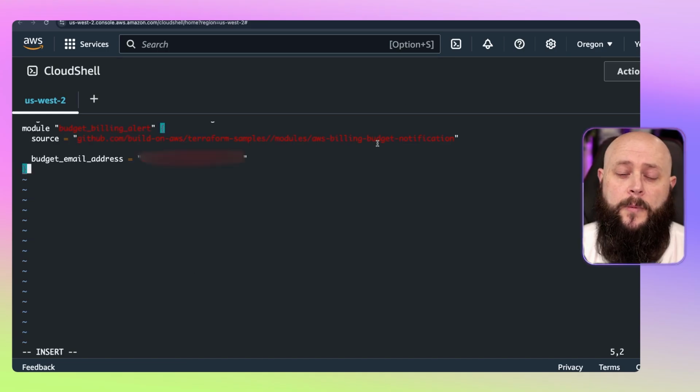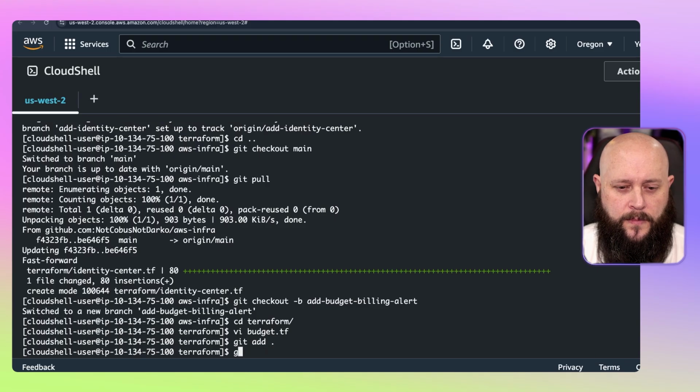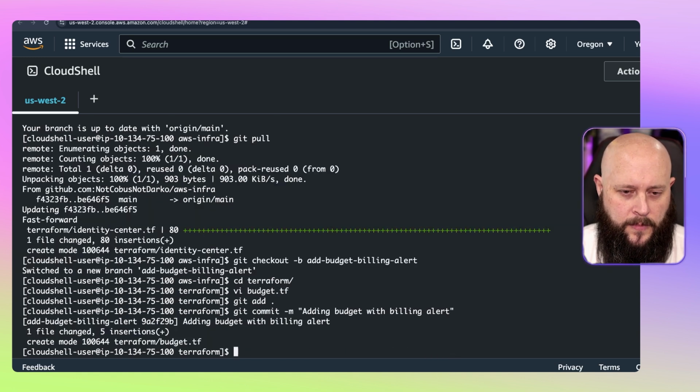Once again, we're going to be using a module, and then you just need to add your email address. Okay, we're not going to push this yet.